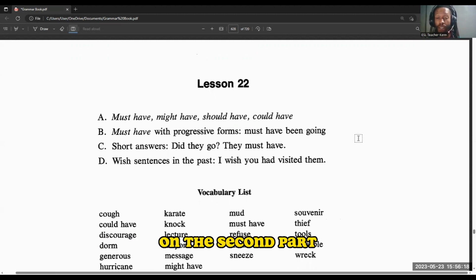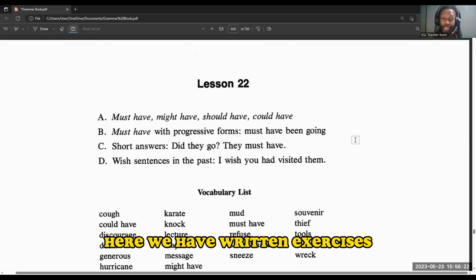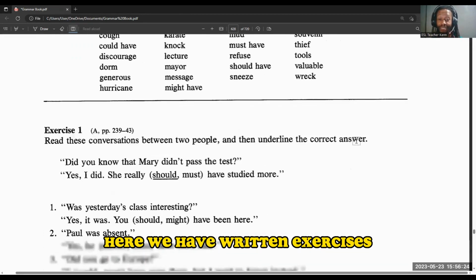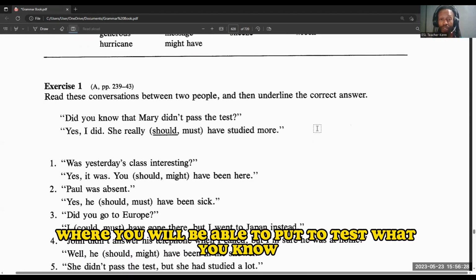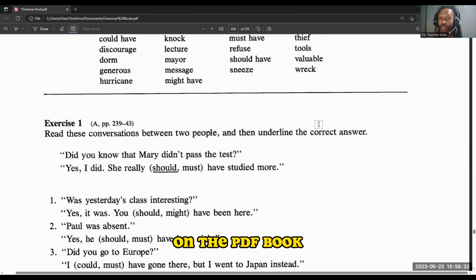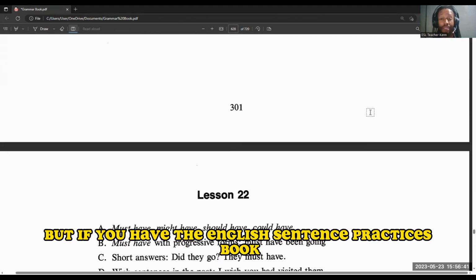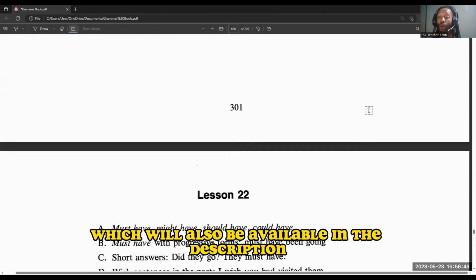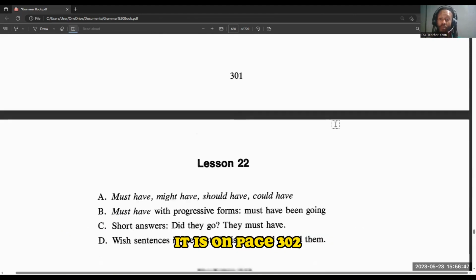On the second part, called English Sentence Practices, we have written exercises where you will be able to put to test what you know. On the PDF book, it's on page 628, but if you have the English Sentence Practices book, which will also be available in the description for purchase, it is on page